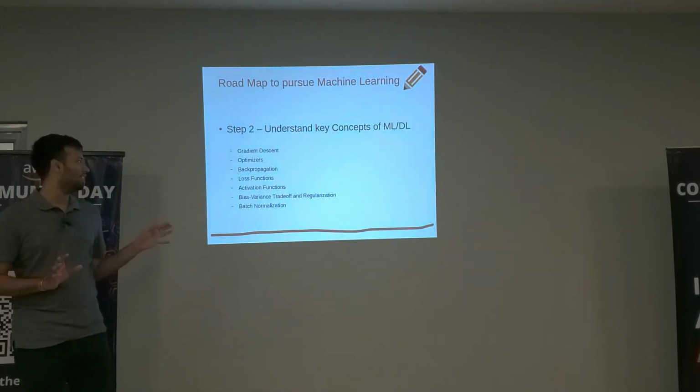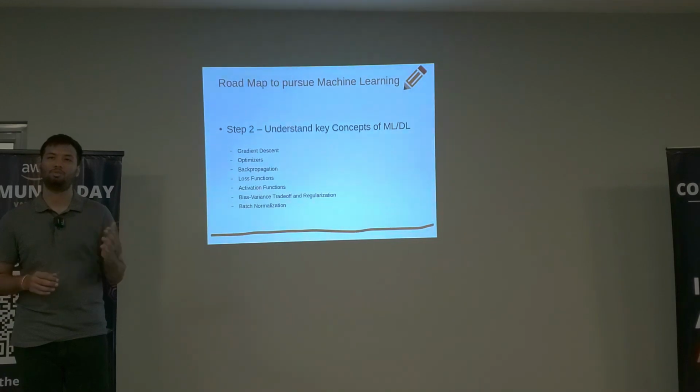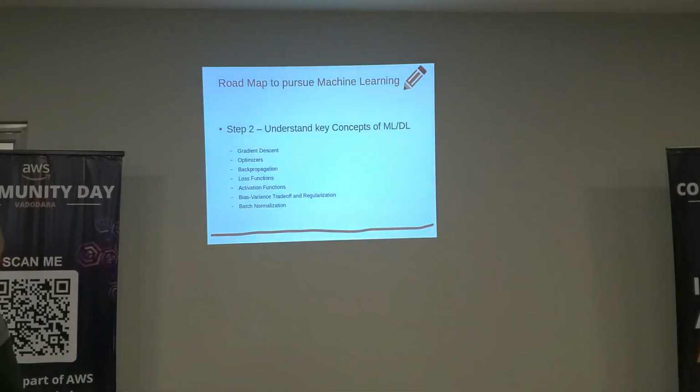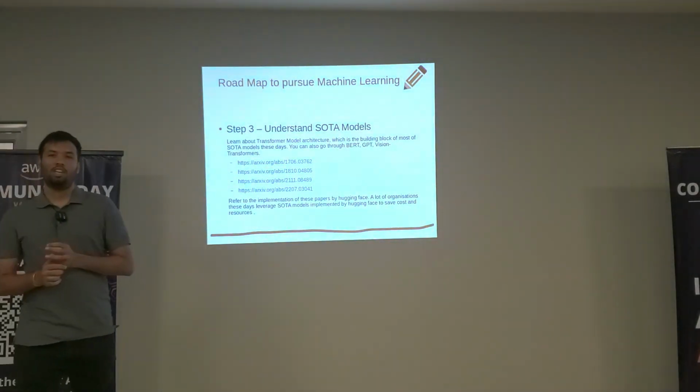So these are the basic concepts. You can probably look these concepts up. एक के बाद एक you can just refer to concepts. कौन सा क्या करता है, where it is used in the neural network, right? So these are the basics. Now we move on to the state of the art